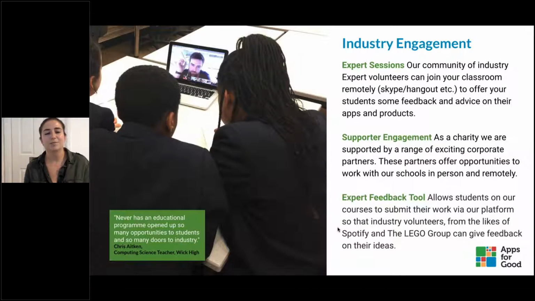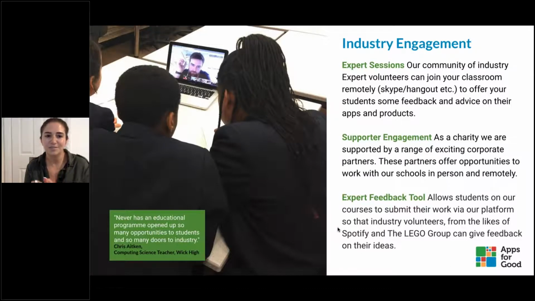There's a number of different ways that we link industry to our schools, and luckily a lot of them are virtual experiences, and that was the case pre-COVID, and obviously even more so as COVID continues. Any school that's delivering one of our courses can request an industry expert for an expert session. In those sessions, we ask a school to give us maybe 2 weeks notice, and then some details of the date, time, and what they're looking for, and we will then match that with one of our industry experts who will join the classroom remotely, maybe Skype, Hangout, Teams, whatever works for your school, and they will give the opportunity to the students to pitch their product, and then they'll give some real life advice and feedback on their ideas so far.